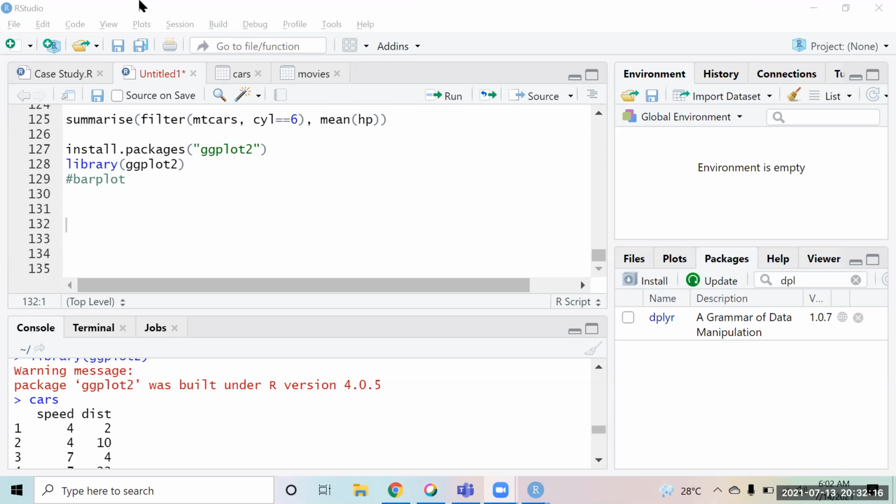Okay. So let's do one thing. In order to just make that up, let's use the bank data that we were using, right? Let's try to use the bank data set and let's try to understand the bar chart on that. So what we will do is, first of all, we will read the data, right? So we will say bank data, and I will say read.csv, and let's go to that path.